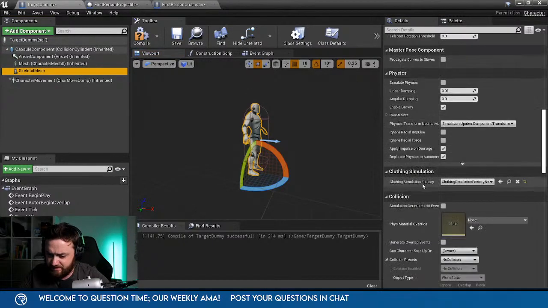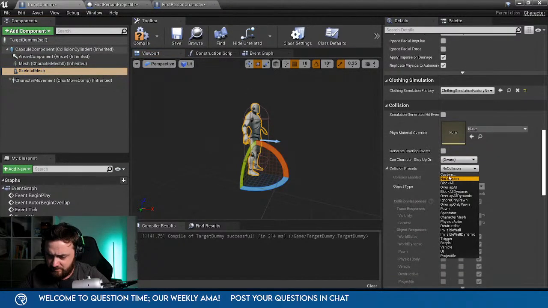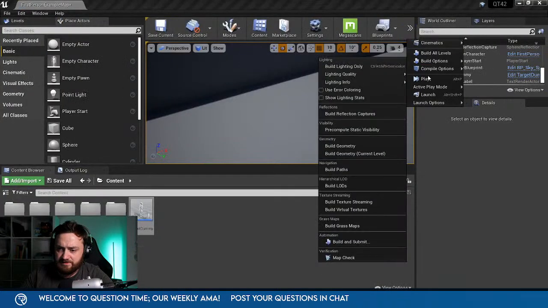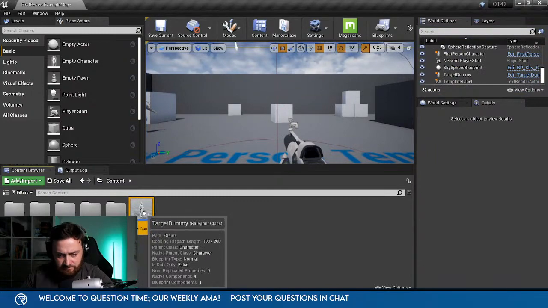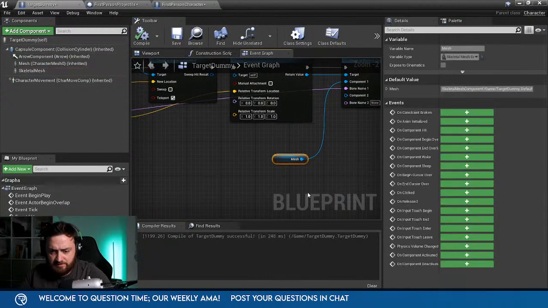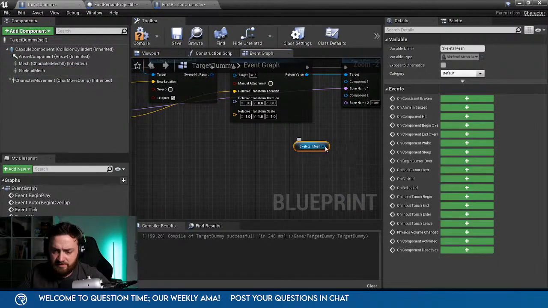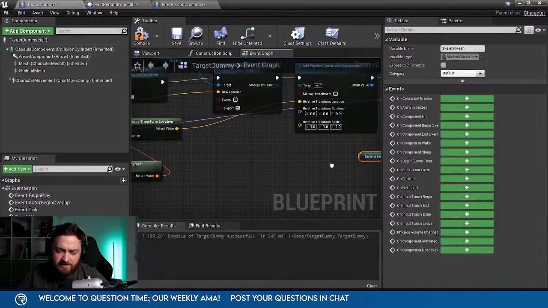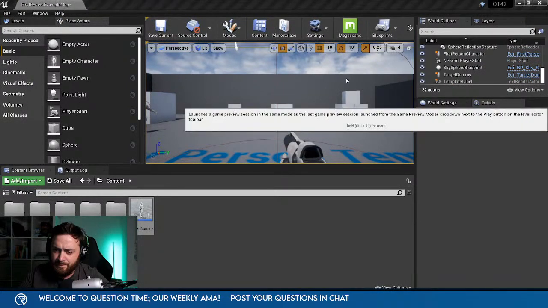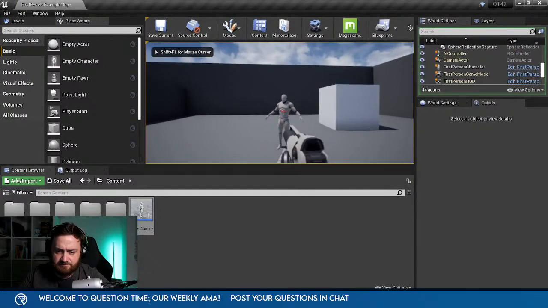This one we set there. Collision on. Custom. Collision enabled. Overlap everything but block static, dynamic, physics, and projectile. Okay, let's try. Oh, wait, whoops. Need to go to the event graph and plug in that mesh instead. Yeah, last week I had issues with the default mesh. I wonder if that is still the case here. Test this out.